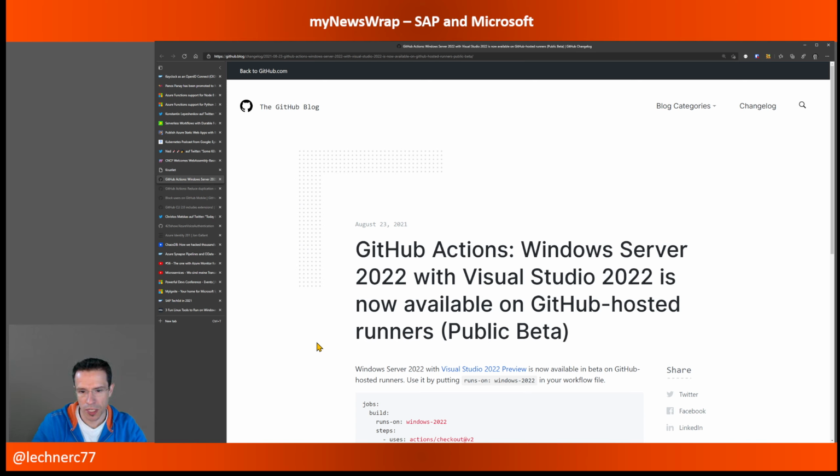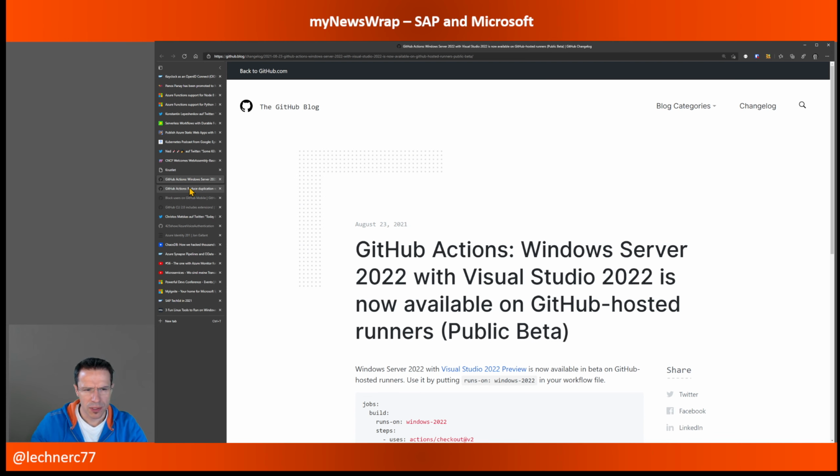So it's the Windows Server 2022 with Visual Studio 2022, in public beta, so it's not GA yet. Yeah, I think quite interesting tool set that is now available in addition to the other GitHub Actions that are out there. So if you need some Windows Server specific tools, this might be the action that you're looking for.